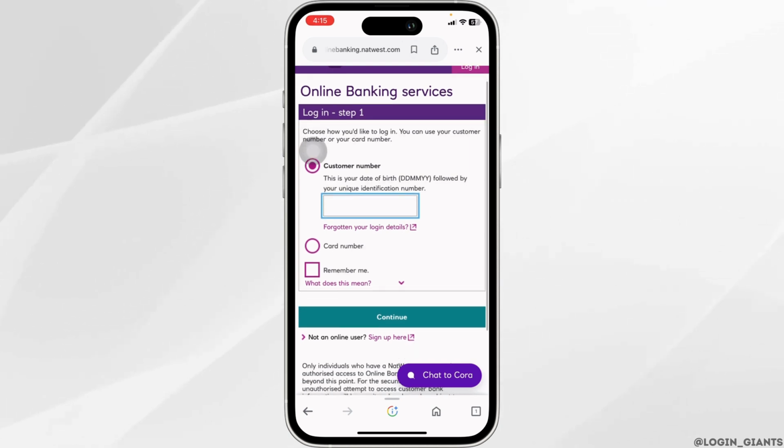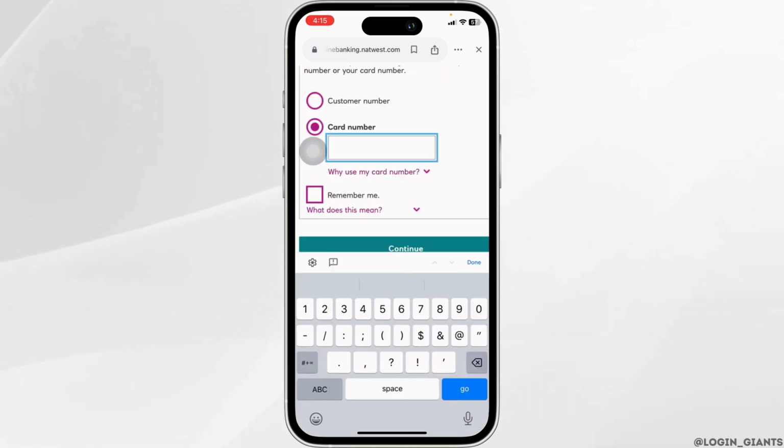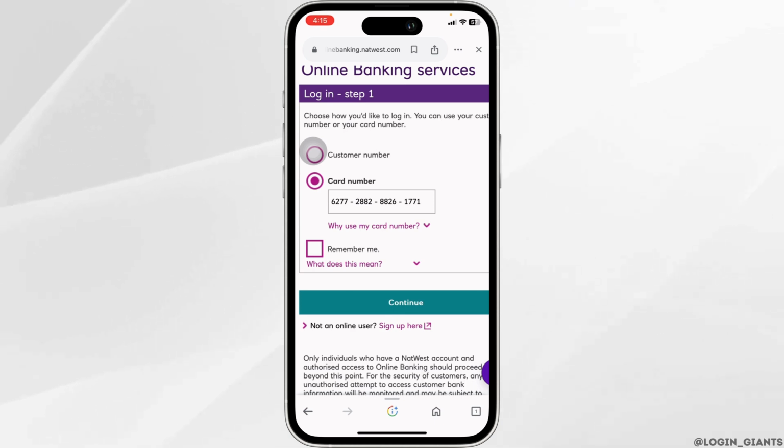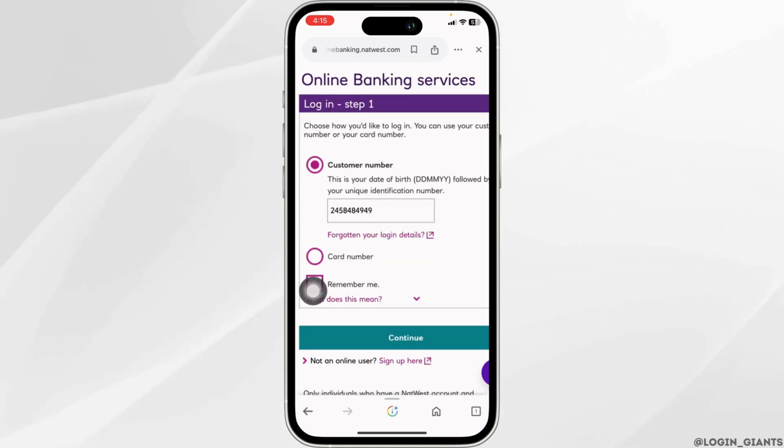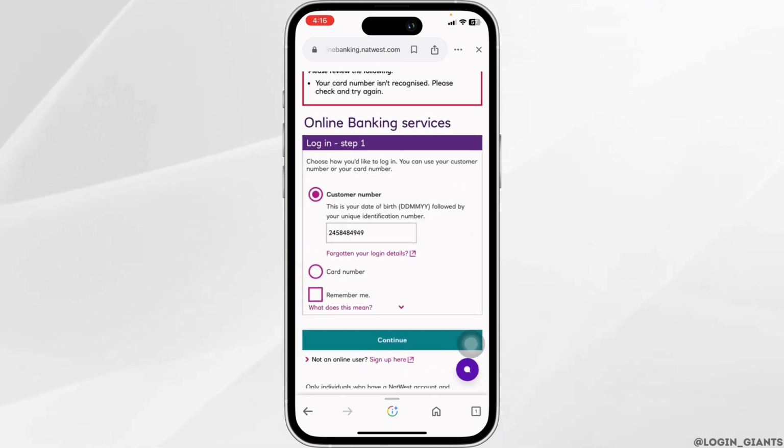First, you will need to choose if you want to use customer number or card number to log into your account. Once you select the option, type in your card number or customer number. If you want to save your customer number or card number, you can check the option of Remember Me. Once you fill this, click on Continue, and in the next page, you will need to type in your password. Once you type in your password, click on Done, and with that, you will be logged